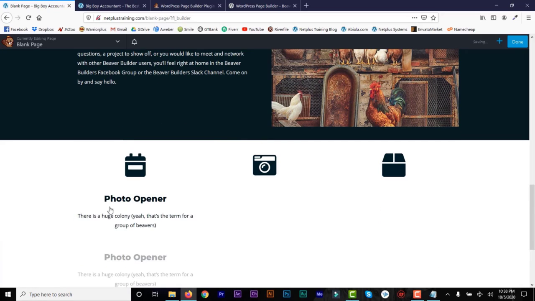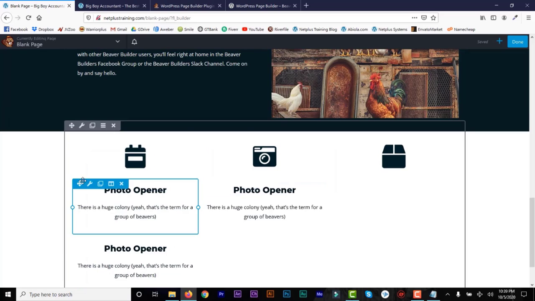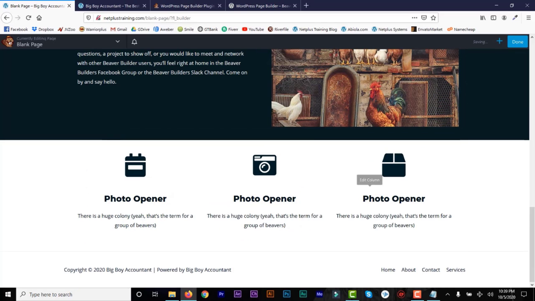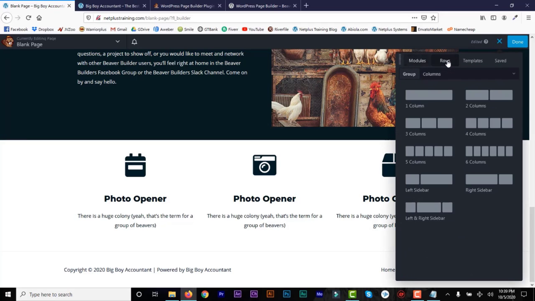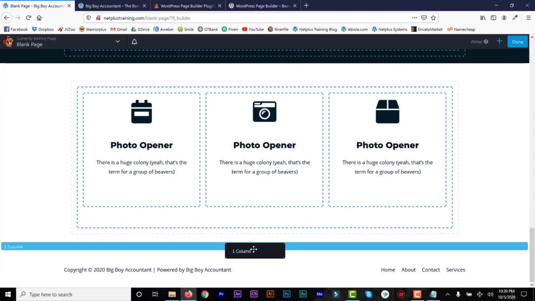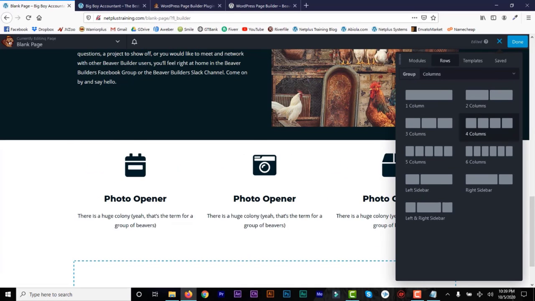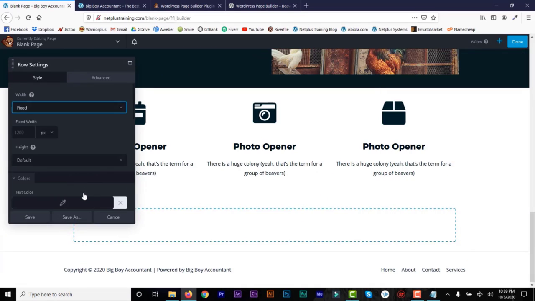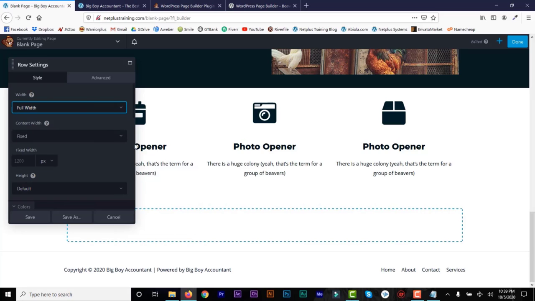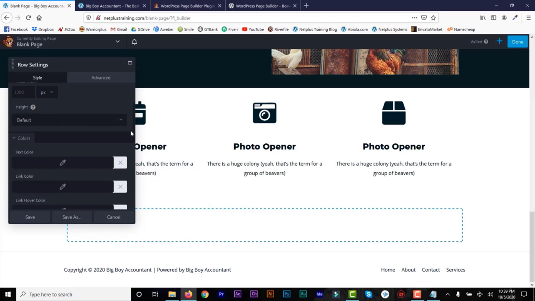We can duplicate that again, drag it under that, and let's add one more section, and we can have a fixed row,